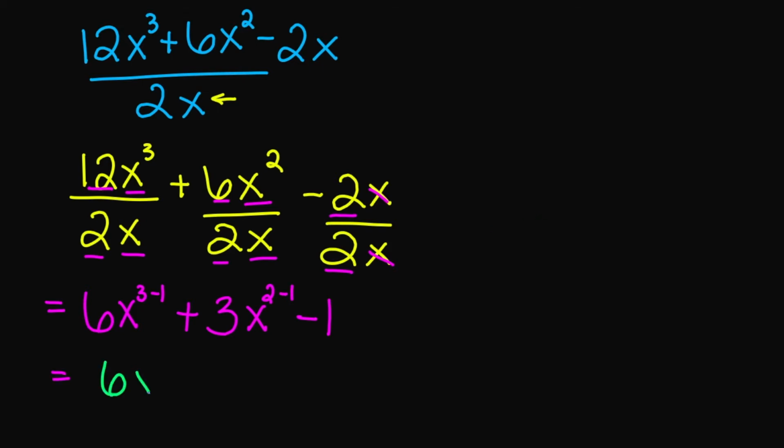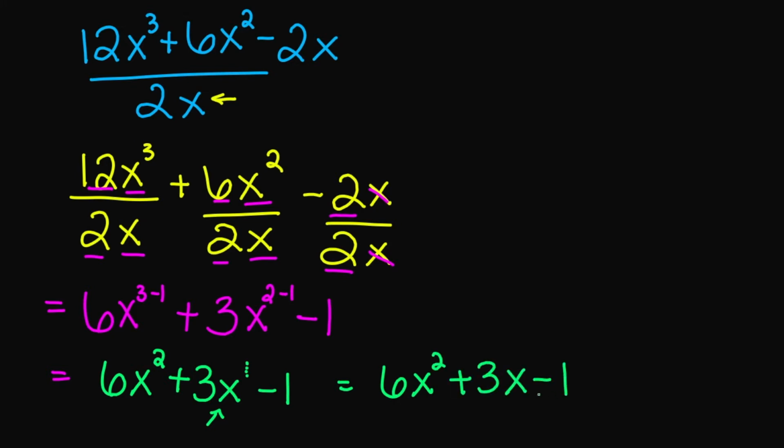And then we have our x's here, which is going to cancel out. So we have 6x^(3 minus 1, which is 2), plus 3x^(2 minus 1), this is just going to be 1, and then minus 1. So if you simplify this, you're going to get 6x squared plus 3x minus 1 as your final